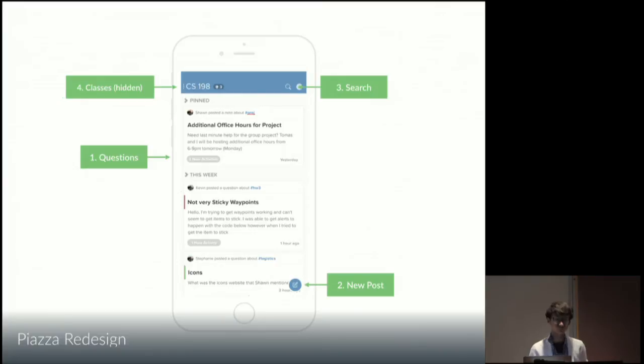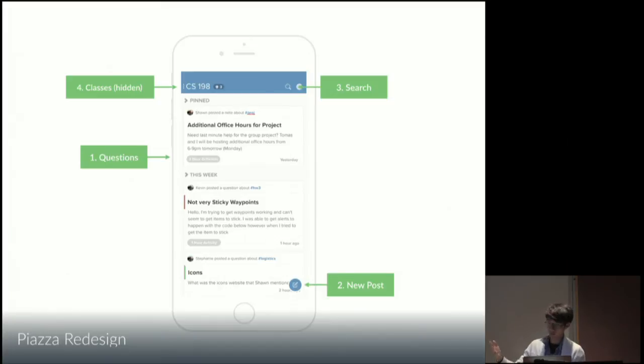Yeah. One more thing I think too, because the keyboard is down, so you want to write a post, you use the keyboard. That's a very interesting point. Because the keyboard is on the bottom, after you press the new post, your thumb is likely to go to the bottom of your screen anyways. So in terms of reachability from your thumb, that's a very good point too. So this is how I really ordered the emphasis of Piazza a little bit.